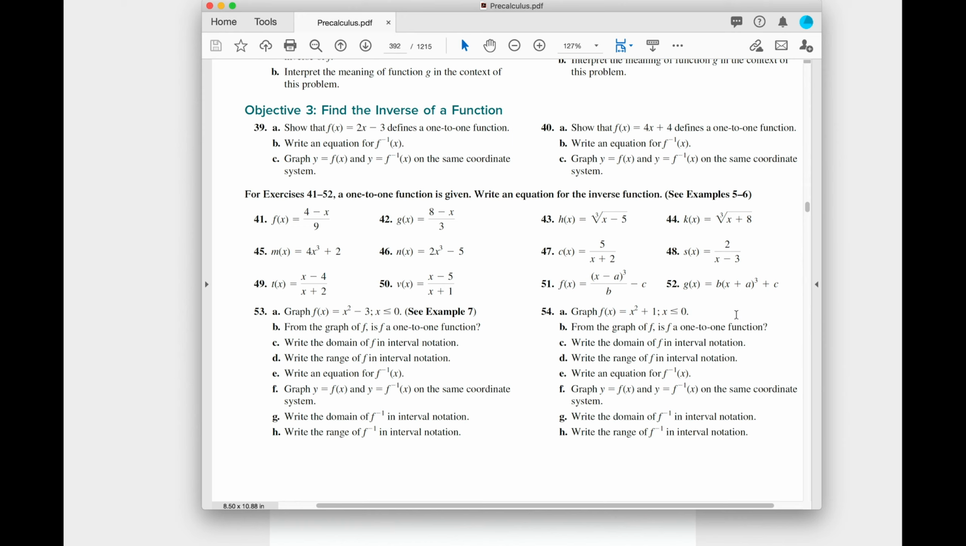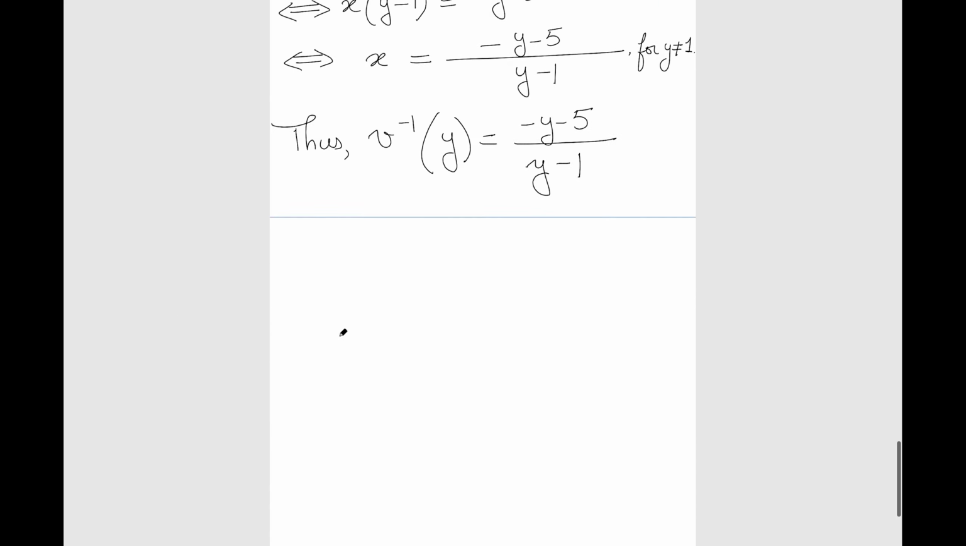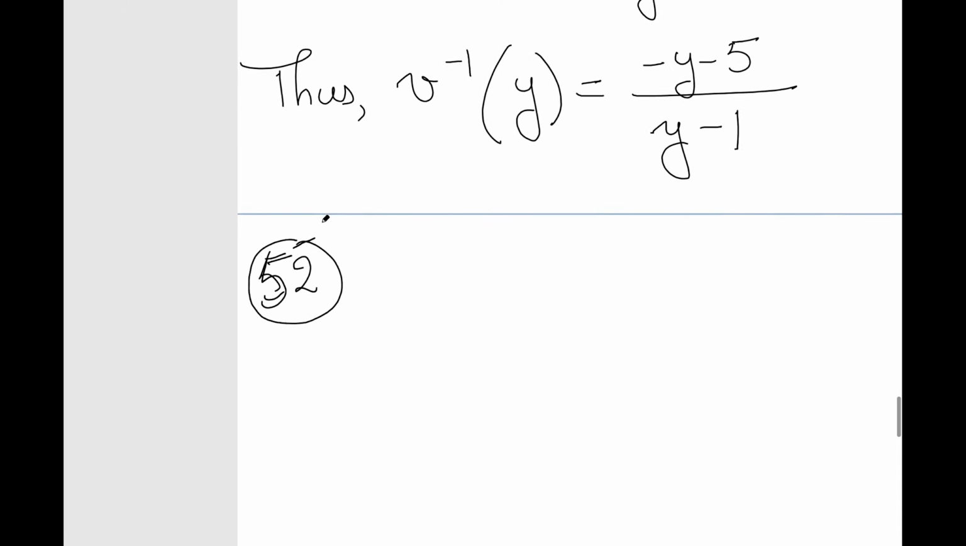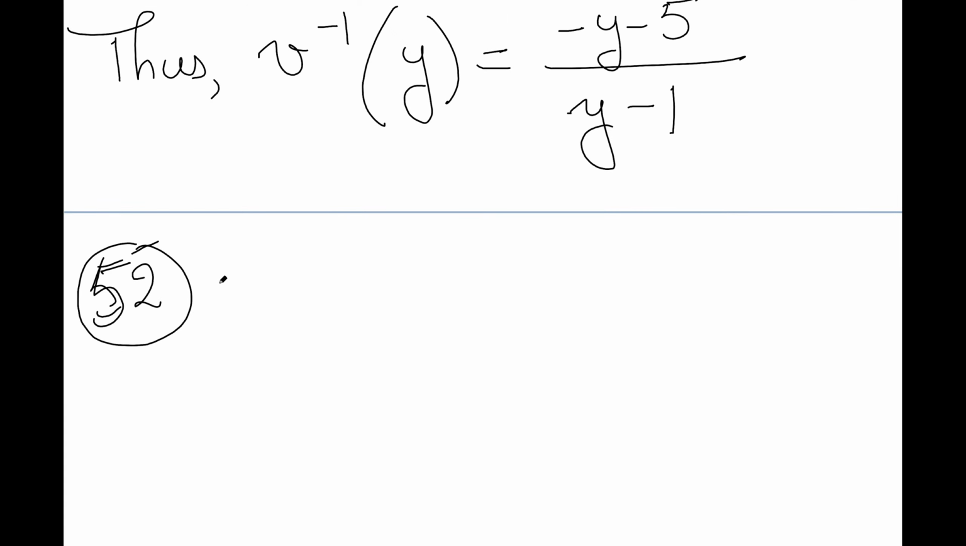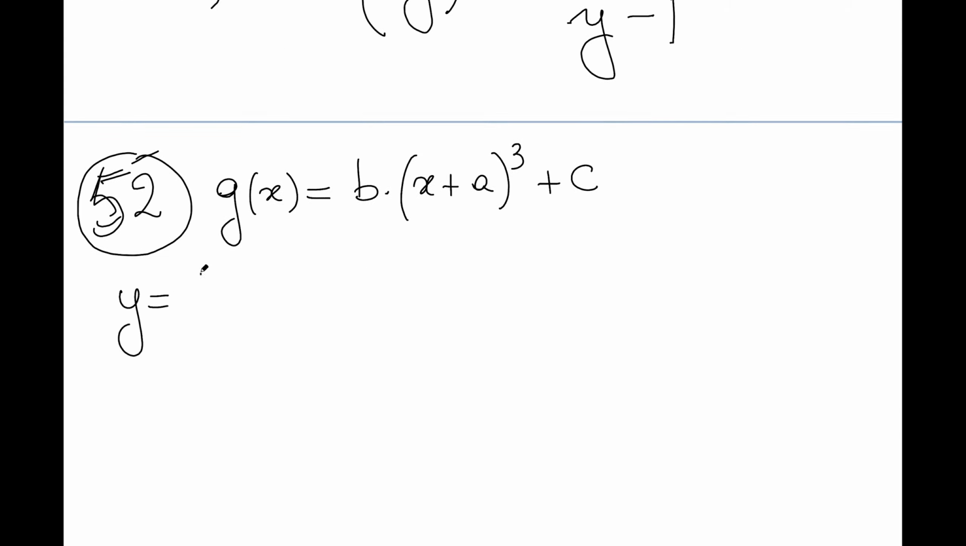Anyway, so let's find the inverse function here. We don't have to show it's 1-to-1. They told us it's a 1-to-1 function. As such, the inverse is going to exist. And the question is, what is it? Let's go for it. So this is problem 52. g of x is equal to b times x plus a cubed plus c. Okay, so same process. This is y equals b times x plus a cubed plus c, and I want to